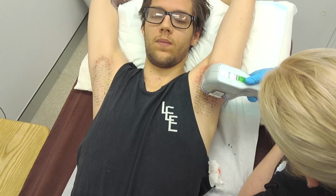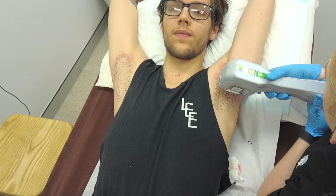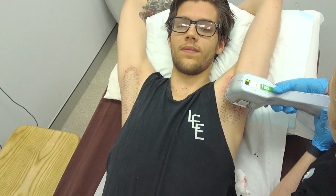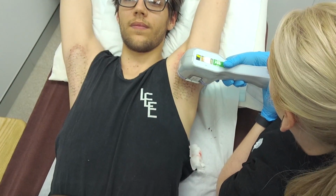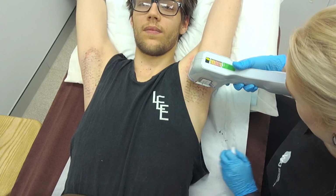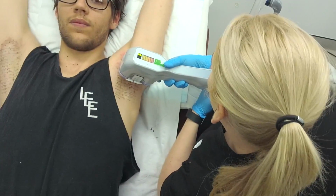So how I determine the treatment level for Miradry is basically on the amount of sweating. If he really sweats a lot, I put the treatment level up. But most importantly, the fat around the area of the axillary or the armpit area. So the deeper the setting, as in if we put the treatment level 5,